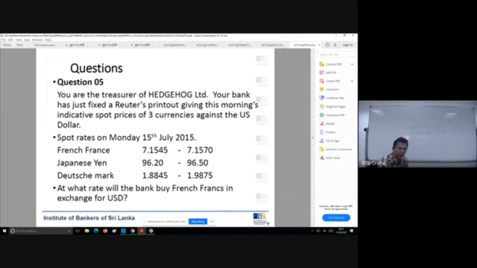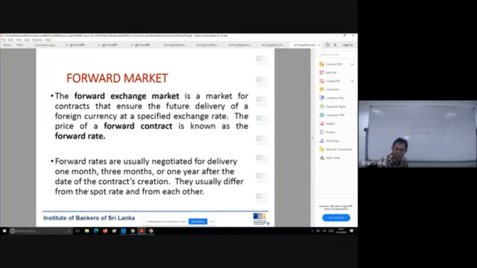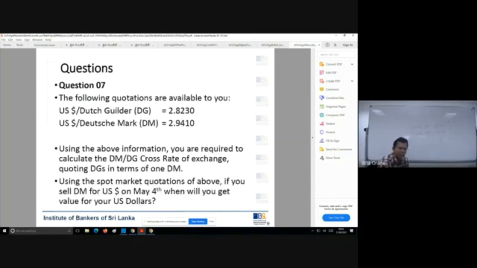Don't worry about the same questions. Same question, only thing they'll have to find out the cross rates and the total amount. So similar question, examiner has also tested you. Same type of question, so we can take it later. Only the relevant questions. For you to practice, I have given some questions. These questions I have taken from a foreign exam, right?